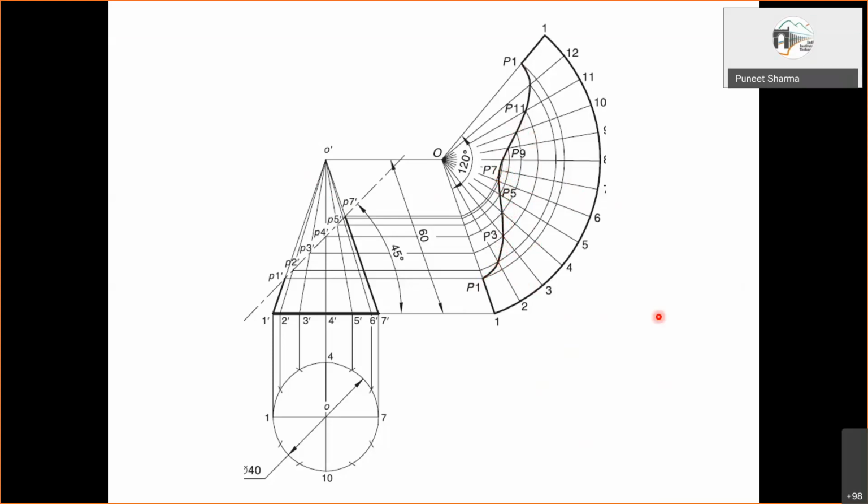Could you please tell a shortcut to draw the 12 equal divisions on the arc? What I was saying is simply measure. Here you take 360 by 12, so 30 degree you will simply take and then make 12 divisions, right? Later on, simply with the divider, measure it here, one end point of the divider here, another here, and then using the divider, you mark all these points. That's what I was saying. Is it fine? Yes, sir.